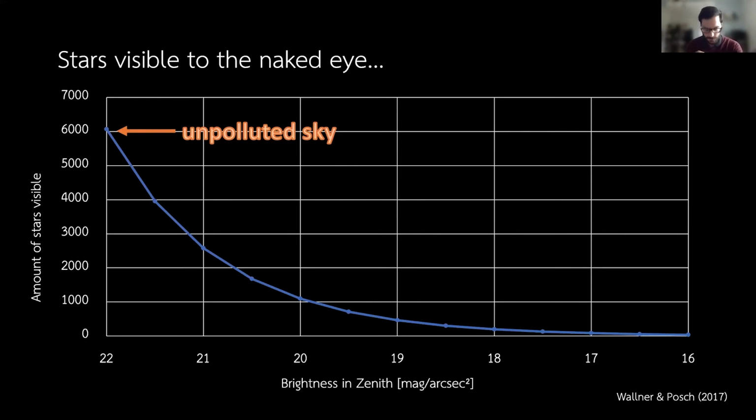But the value is not very good. We are somewhere between 18.5 and 19 magnitudes in general for a clear sky, meaning that here at our observatory, we can only observe 300 to 500 of these potential 6,000 stars in the night sky. And if you go further inside the center,